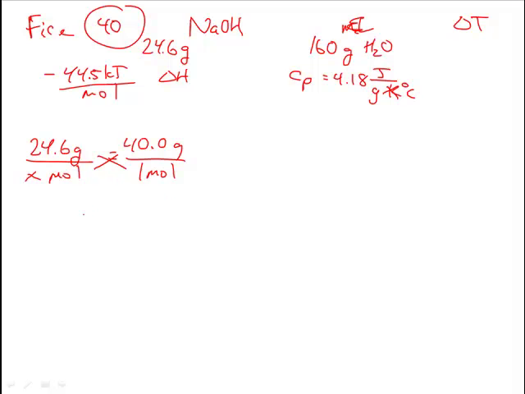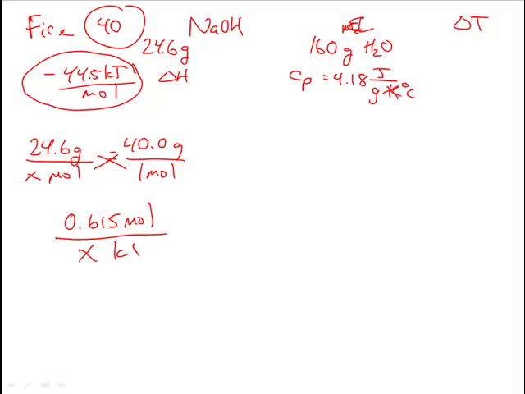This gives us 0.615 moles of NaOH. Then you use the heat for dissolving this to find the kilojoules produced. So if you had 1 mole, it would produce 44.5 kilojoules. 0.615 times 44.5, and this equals